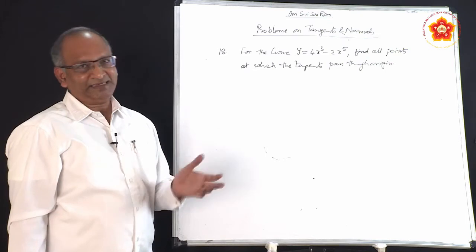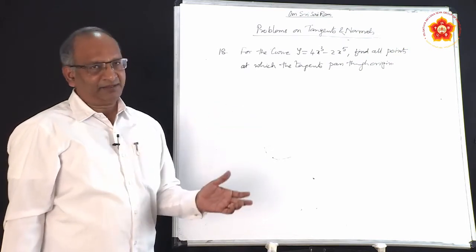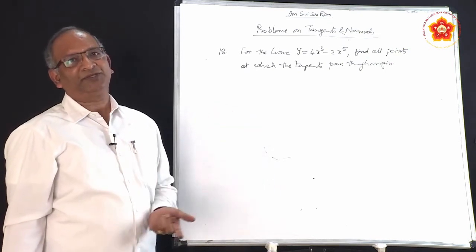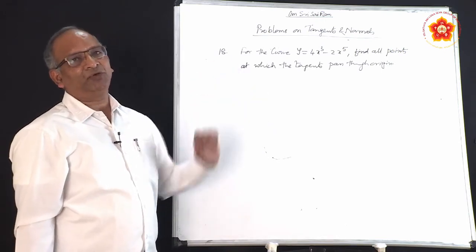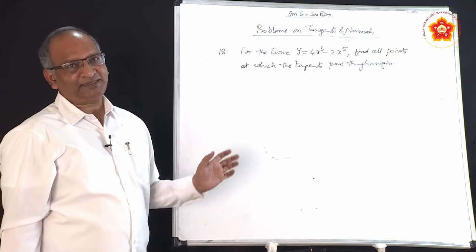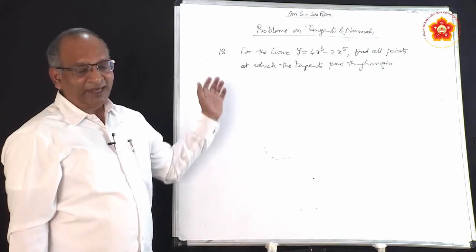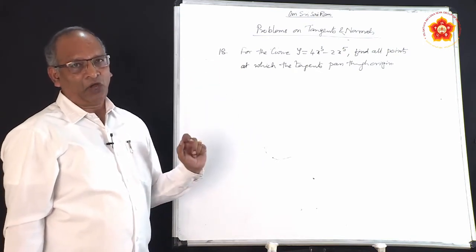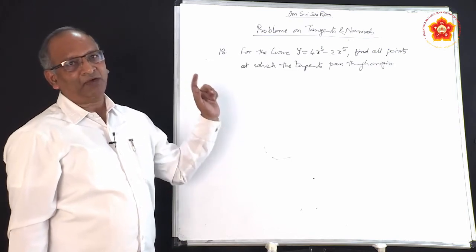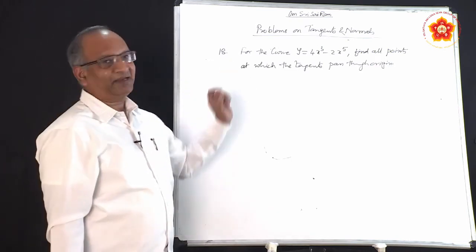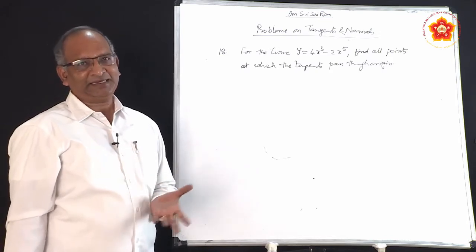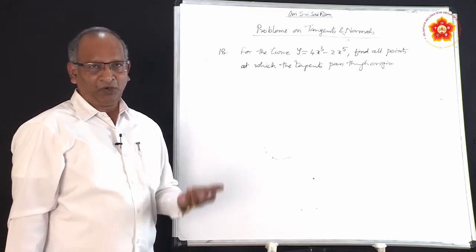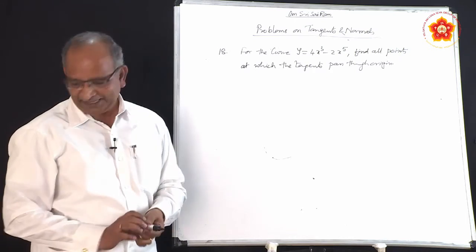So, all tangents are passing through origin. We can say that they will be passing through the point 0, 0, and that will satisfy, by substituting which you can get the points through which the tangents are drawn, and all of them are going through origin for the given curve. So, this is how a simple problem just by understanding we can do. We will do more difficult problems. Let us take up the next.